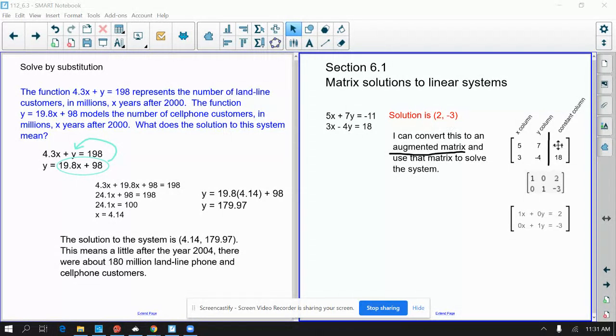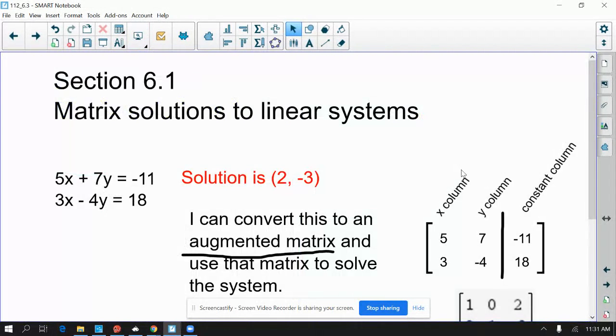You can convert this to what's called an augmented matrix with just the coefficients, and then transform it into something like this. And this tells you the answer. This is called reduced row echelon form, which we'll talk about a little bit later. But the big takeaway here is that